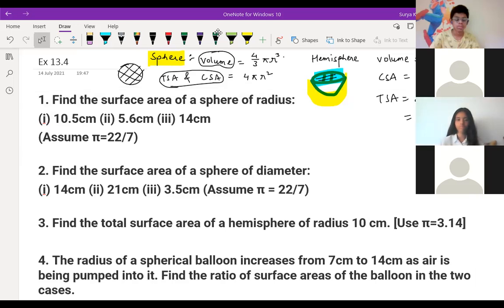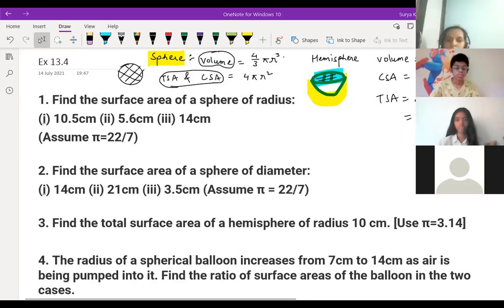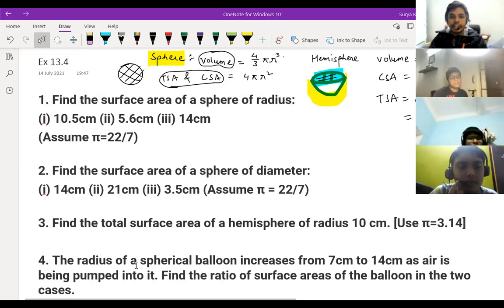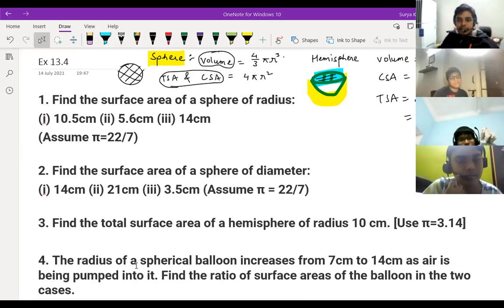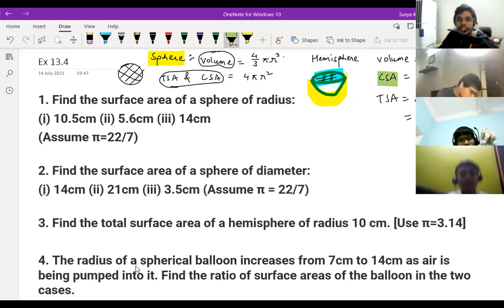Sir, I was asking, surface area means we apply the same formula, 4 pi r square, right? In sphere, you are saying, right? Yes, first question: CSA or TSA, both are same, 4 pi r square only. And in hemisphere, it is also easy to remember, children. CSA, you just see the top part, 2 pi r square. And for TSA, the down is also added, so 3 pi r square. That's it.